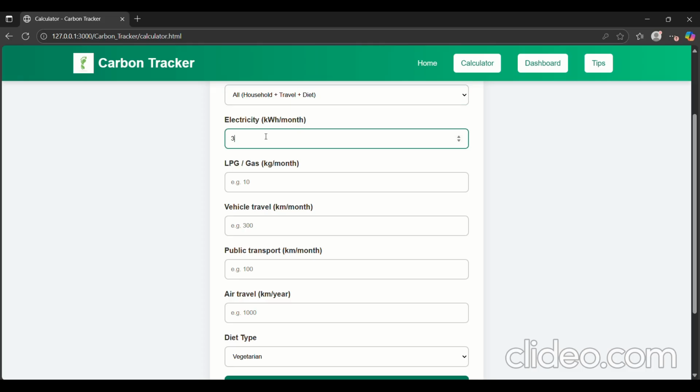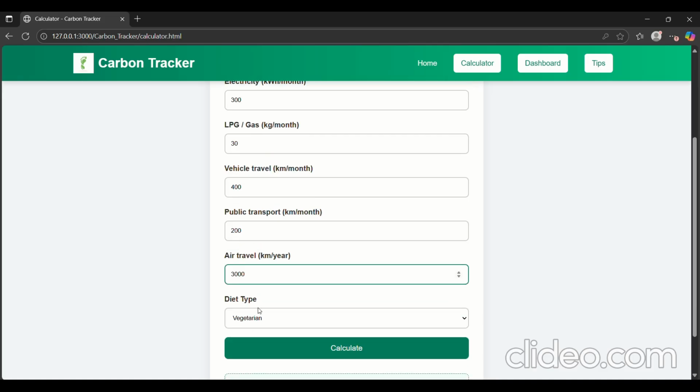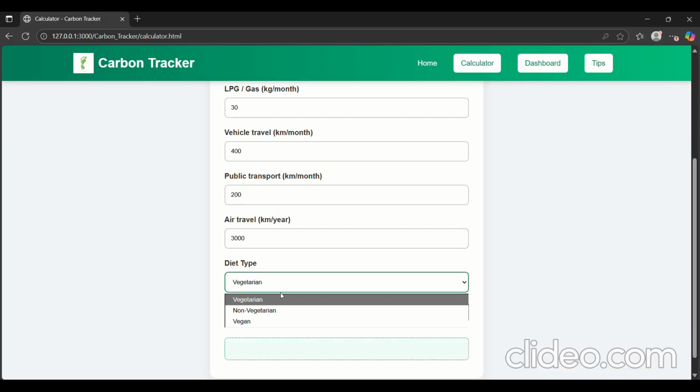So, first electricity, then LPG usage, then vehicle travel, public transport, air travel. Then we have to select our diet type. For this, there is vegan, non-vegetarian, or vegetarian,